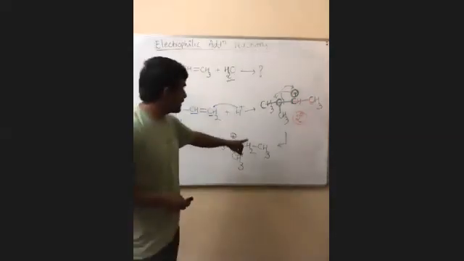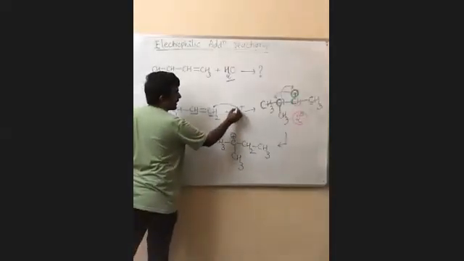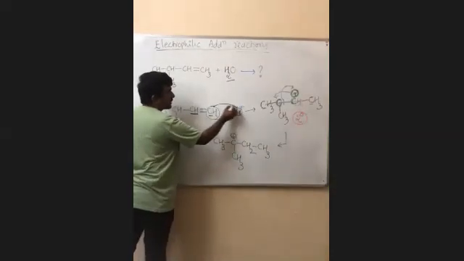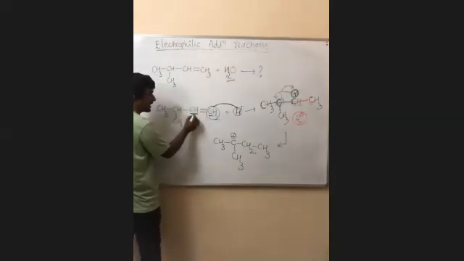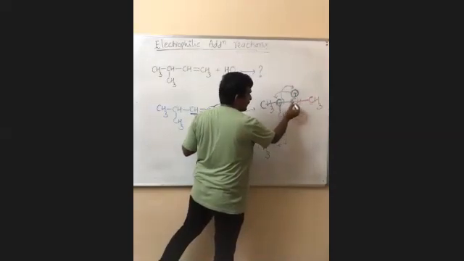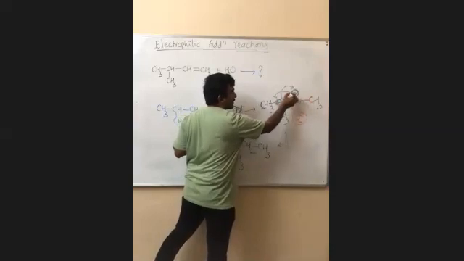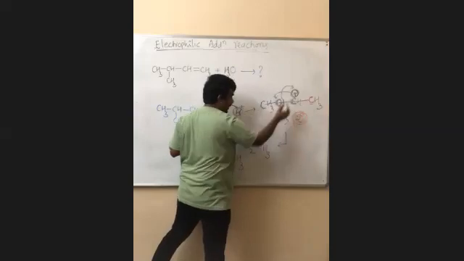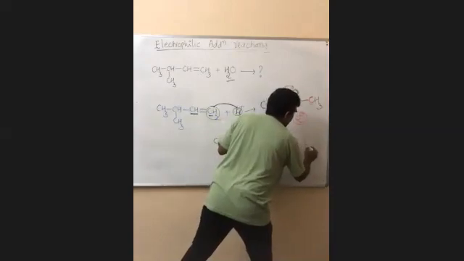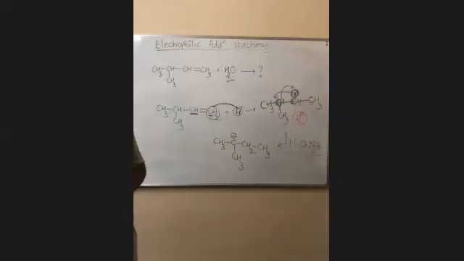Now here what happens? Now what is the difference? If hydrogen is added to this carbon, this carbon will get the positive charge. That is secondary. Why secondary? Because this carbon is bonded to only two carbons. But immediate next you have the tertiary, so the positive charge will shift to this one. The hydrogen will shift to this one. This is called hydride shift. Is it clear to you? Please understand the concept, Amma.